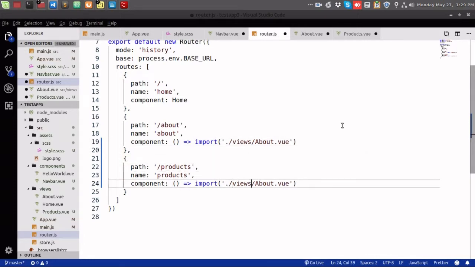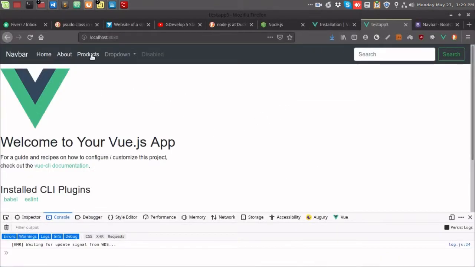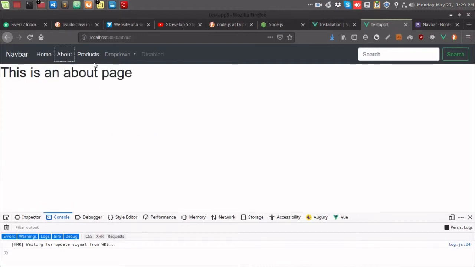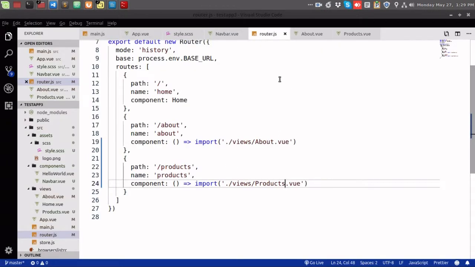So import the product. So if I save that, as you can see, it is showing home, about, products. If I click on about, this is an about page. If I click on products, this is a product page. And if I click on home, this is the home page. Okay,